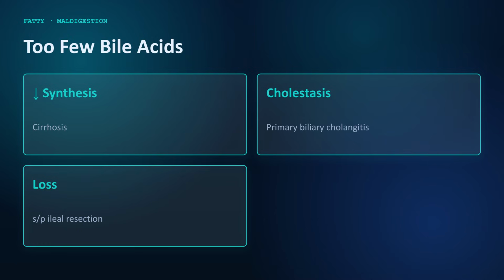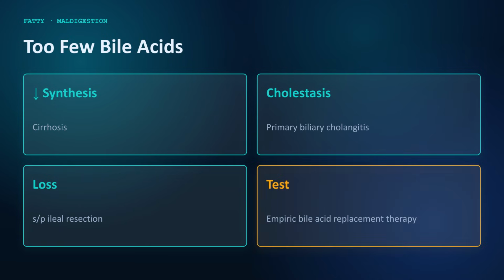Notice that ileal resection appears twice in this lecture. A limited problem spills bile acids into the colon and causes secretory diarrhea. A larger one depletes the pool and causes fat maldigestion. Test with empiric bile acid replacement therapy. And clinically, watch for the fat-soluble vitamin deficiencies that follow: vitamins A, D, E, and K, including a rising prothrombin